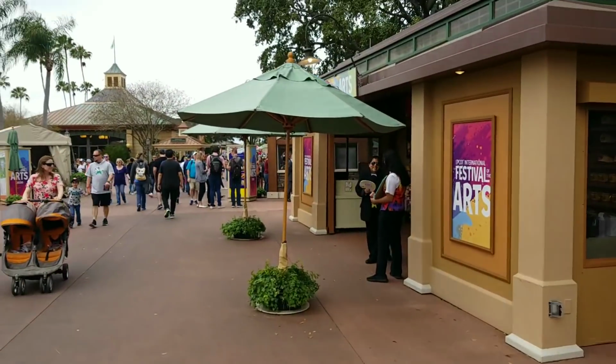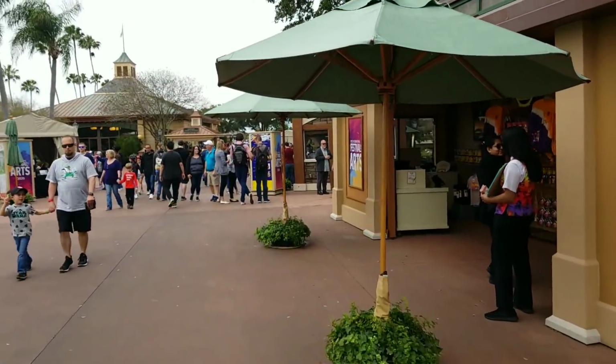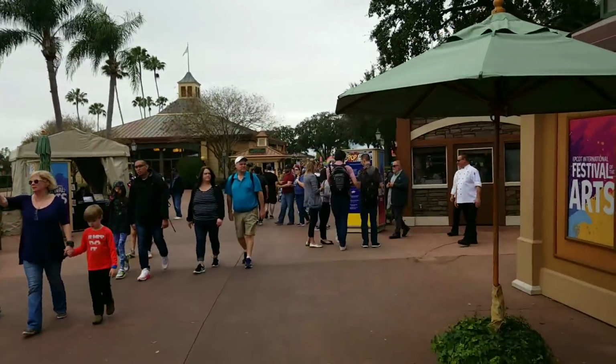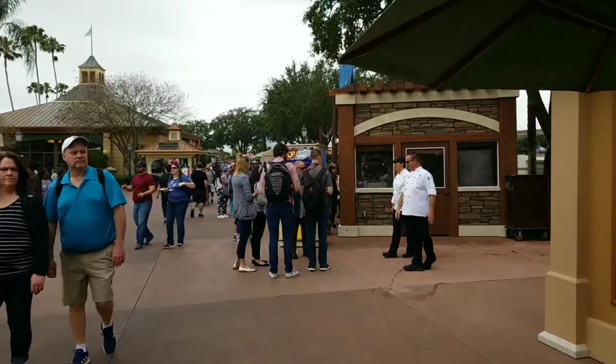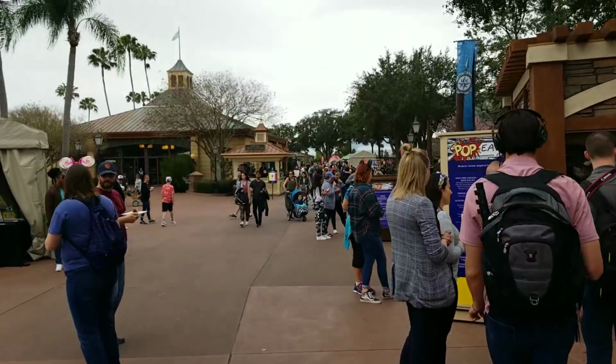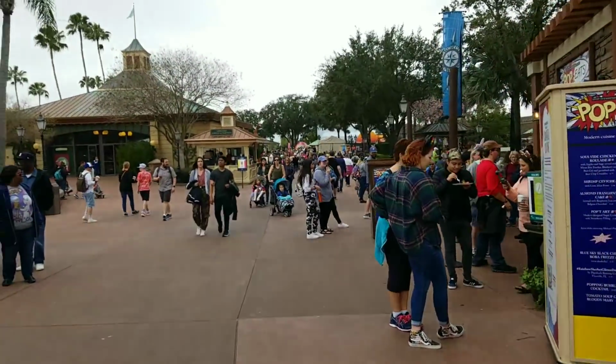You go to different theme parks. Universal is great, but the level of detail isn't quite at the Disney level, and nobody really matches the Disney level when it comes to immersive interactions and details. Cast members,